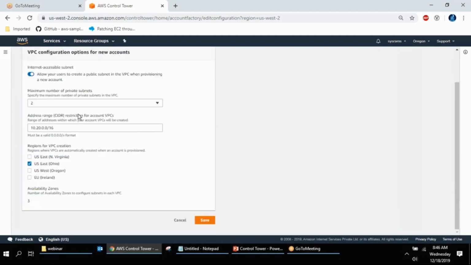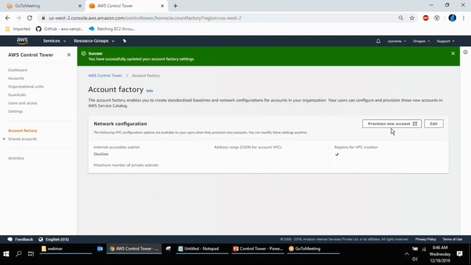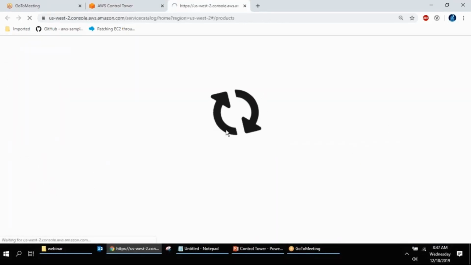As I said, right now Control Tower is available only for these 4 regions. So if you want your account to create a VPC in all the 4 regions, you can always choose that, save, and then just provision a new account. It will automatically take you to the Service Catalog.